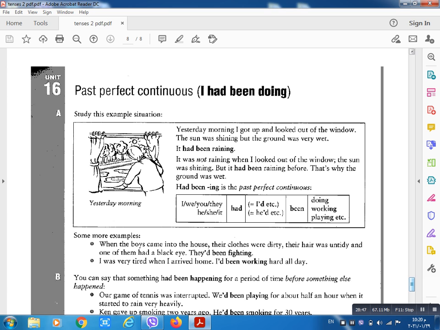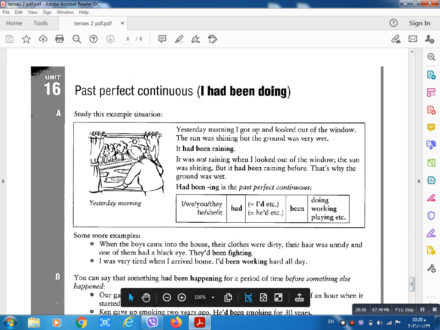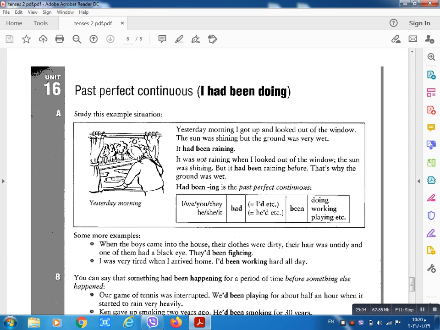Yesterday morning, look, yesterday, the situation is in the past. I got up, past simple, and looked out of the window, past simple. The sun was shining, past continuous, but the ground was very wet, past simple. It had been raining. It had been raining. I'm using the past perfect continuous. Why? To show